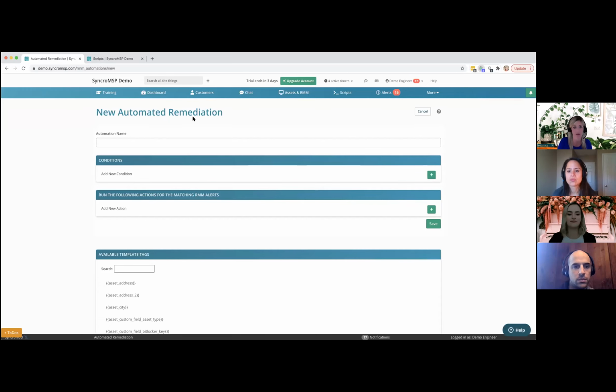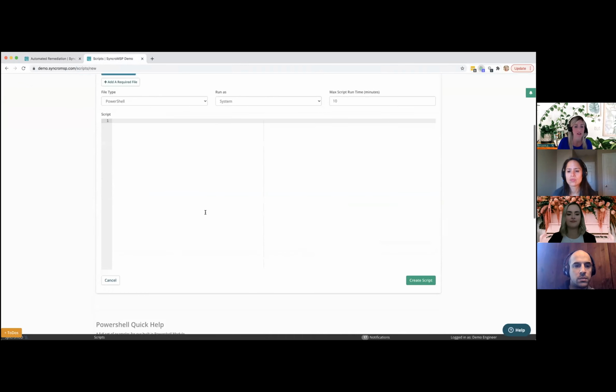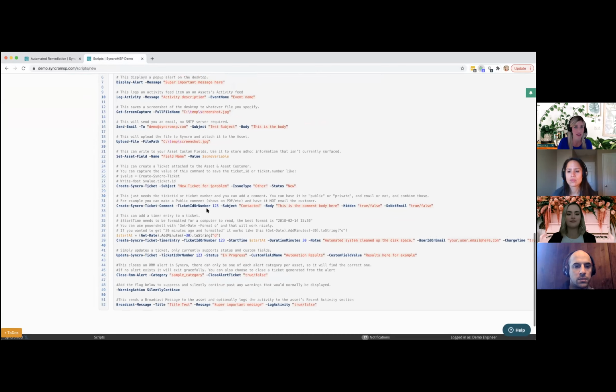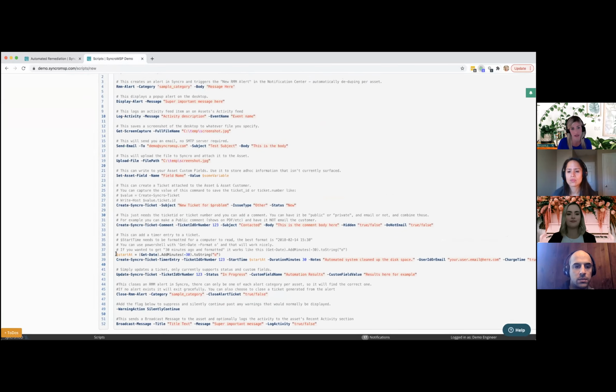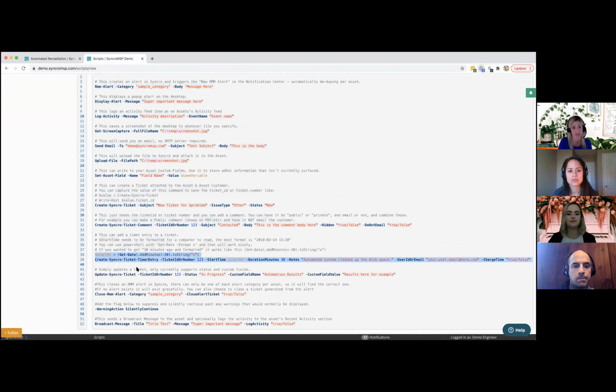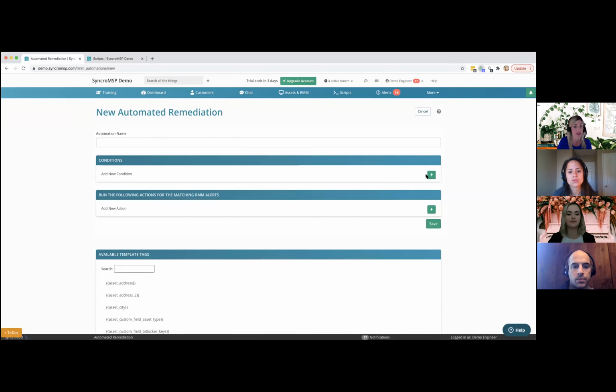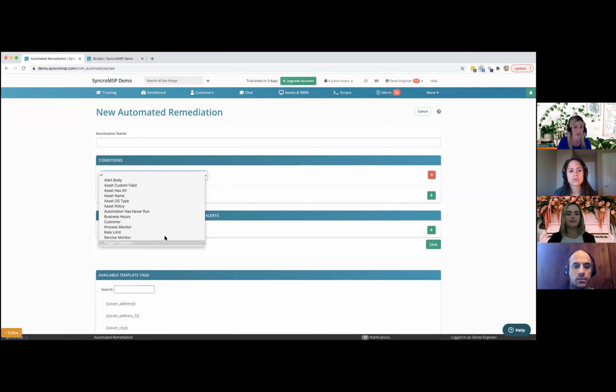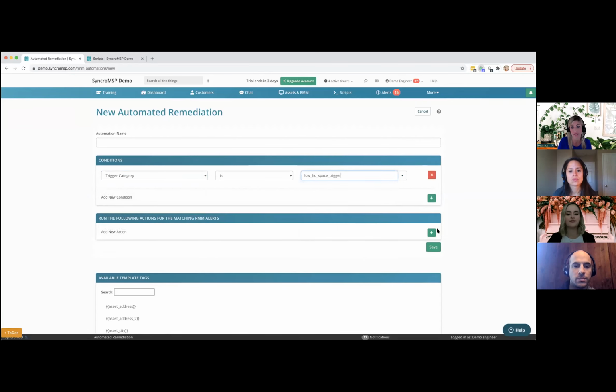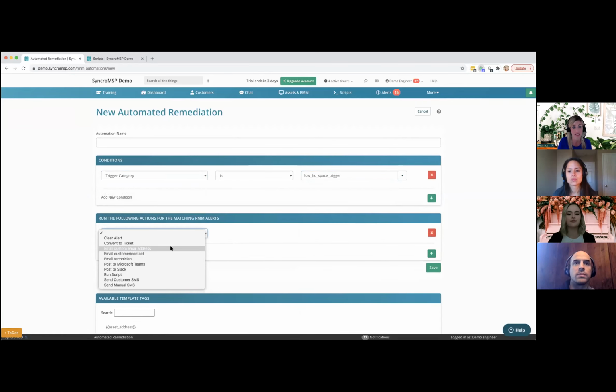So he's speaking about adding time into a ticket created from an alert. So if you head over into your automated remediations, there's going to be a couple different places. One is in scripting. You have a PowerShell module down here. So any of the scripts that you want to edit or are your own, you can add this string. This will actually log time into a ticket for you. And then using like your automated remediations, you could have, you know, okay, device has low hard drive space. Let's go ahead and convert it into a ticket. And then,